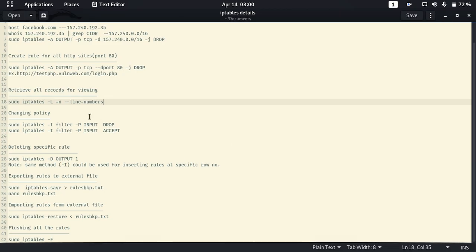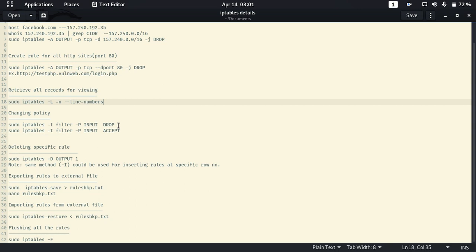Okay, now we have seen how to make the rules under the different chains, but I want to change the policy itself, so that it will be applicable for all the packets which do not match any of the rules. So when will you go for the policy? Let's say you know which IP addresses are required to access. In that case, you will mention all those IP addresses or conditions under the rules which will have the target as ACCEPT, but the default policy will be DROP.